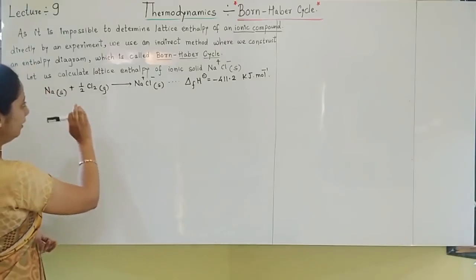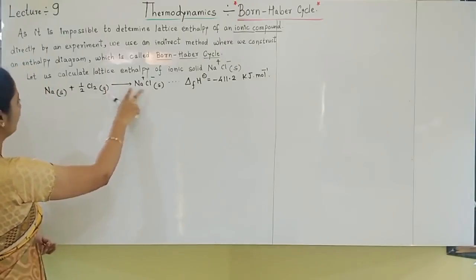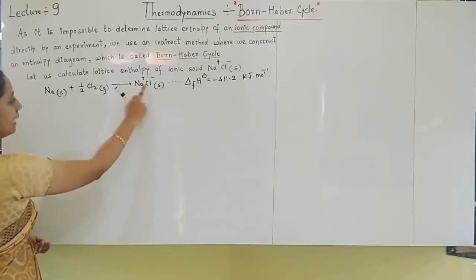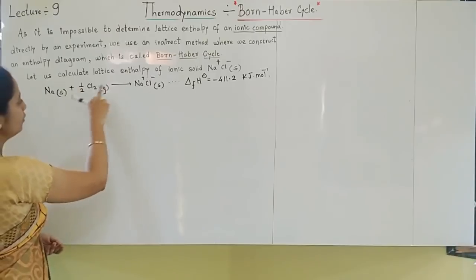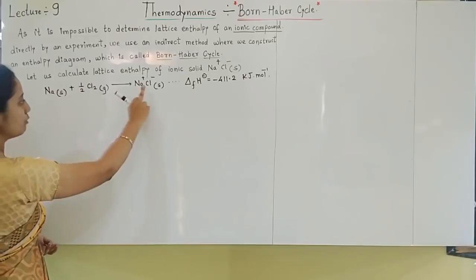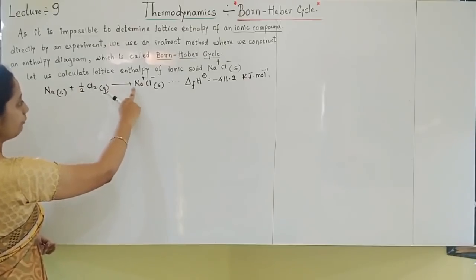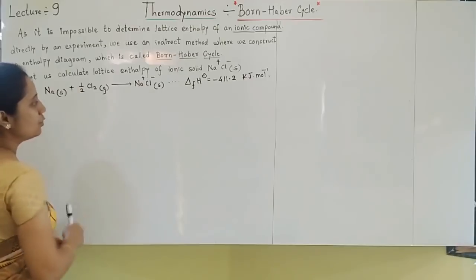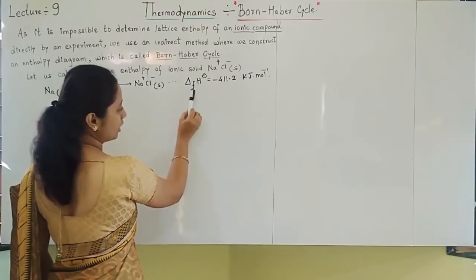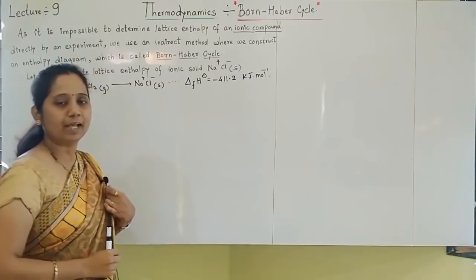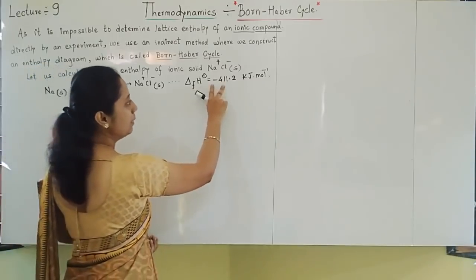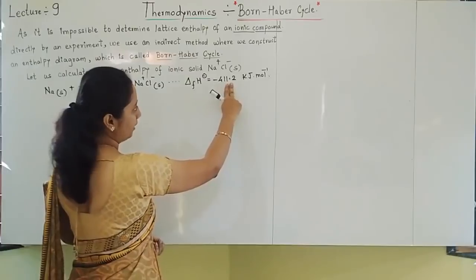So, I have written here how NaCl is formed, that equation. Sodium is a metal, so it is written as solid. In NaCl we want only one Cl, so the chlorine molecule is taken as half, because we want only one Cl, and it forms NaCl solid. So here I have written the value for this. Delta H of formation, F means for formation. NaCl is forming and the enthalpy change taking place is minus 411.2.